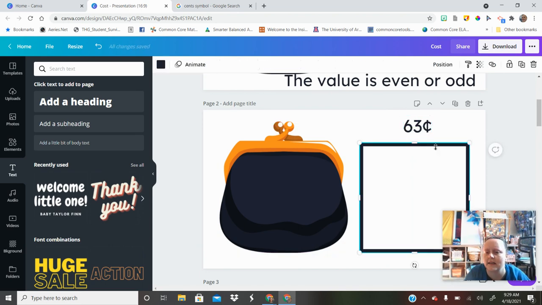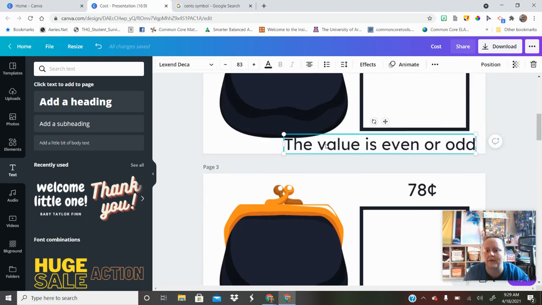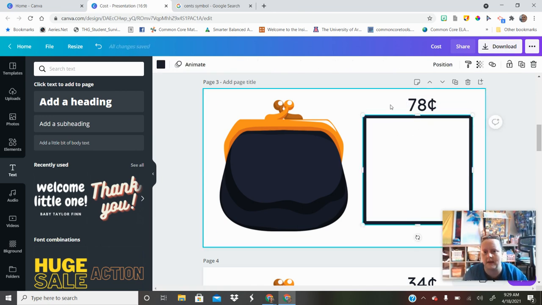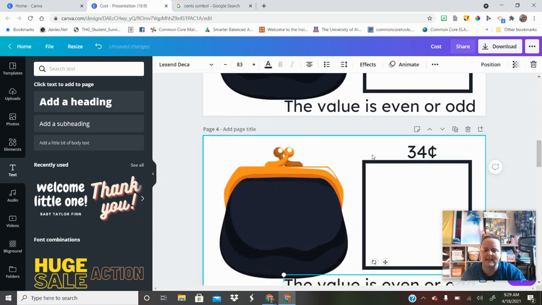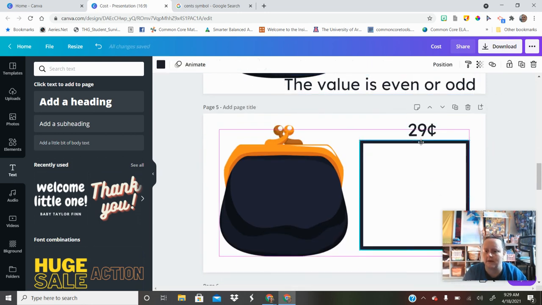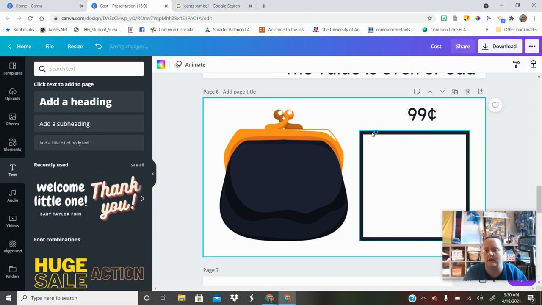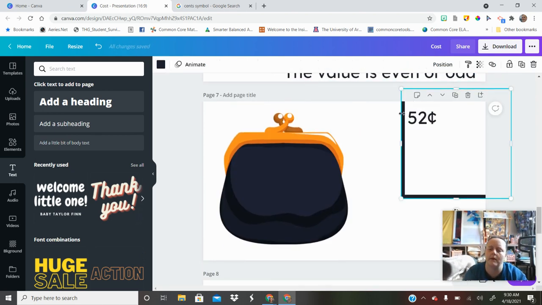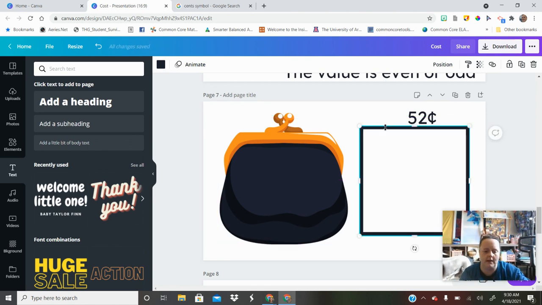Let's go crazy. Now, of course, I wish I would have figured out I wanted to do this before I began duplicating all the slides, but that's okay. A little shift here, a little shift there. This is kind of like where the majority of my time is taken up when I'm making these, not so much the building of them as much as the futzing, the moving around, the figuring out. Now, if I really wanted to get fancy, I could change all of these different coin purses so that it's not the same coin purse every time. And what I'm going to do for the even or odd is I'm going to put a circle on the